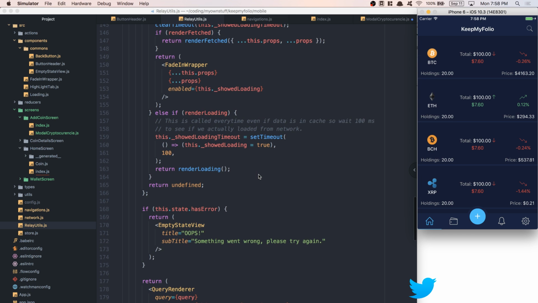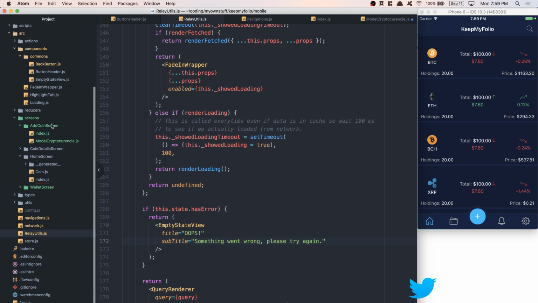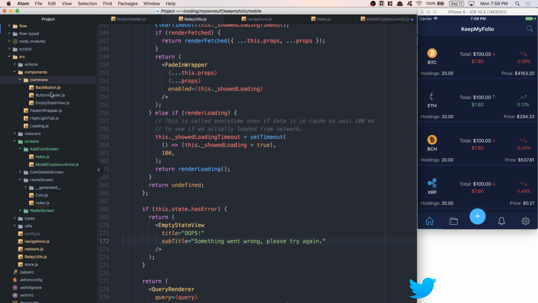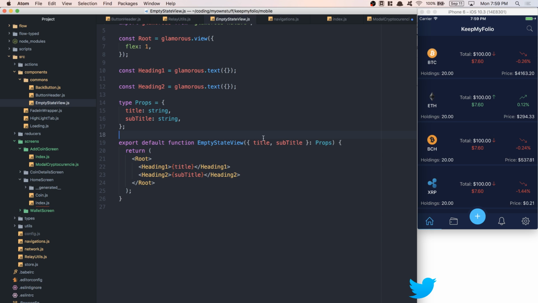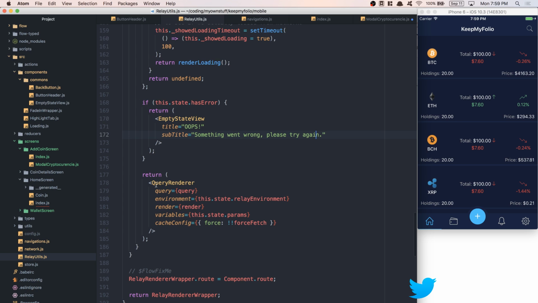And after that, if I have error, I'm gonna show an empty state view where I'm gonna say, oops, something went wrong. So this is a component I've created right there. It finally just takes a title and a subtitle, nothing crazy here. After that, I have my query renderer, which is the first part of your relay stuff. And now here what I do, I have my query,